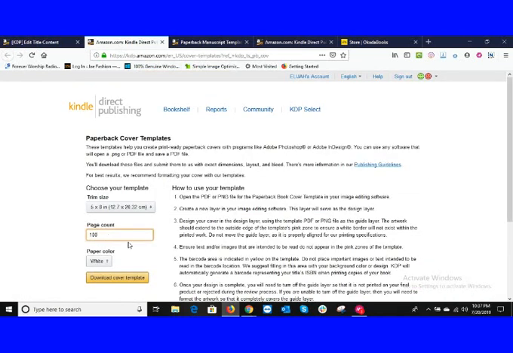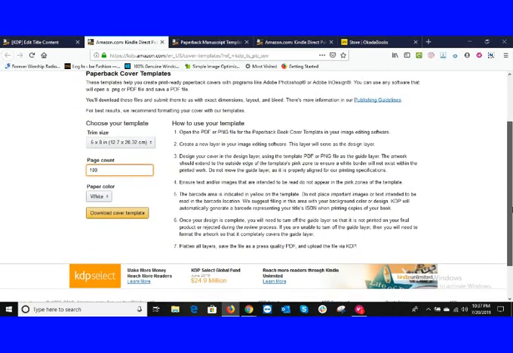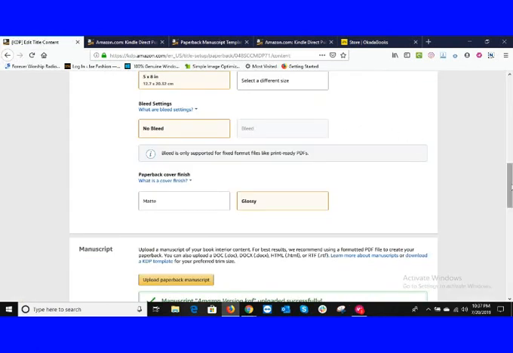So just click is writing and download. Okay, download the PDF or whatever. Then you send to your graphic designer. That is what he will use to create your book cover design. Your book cover design, paperback design is